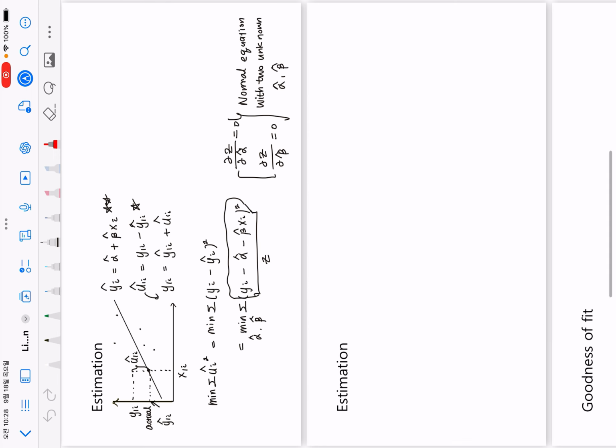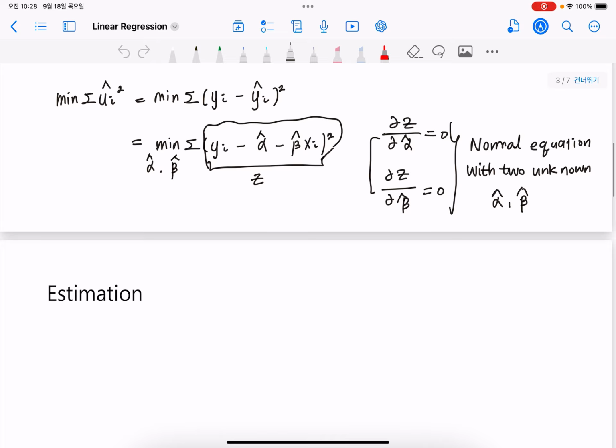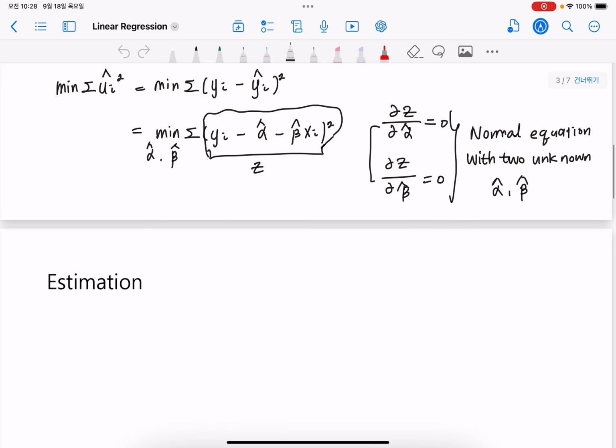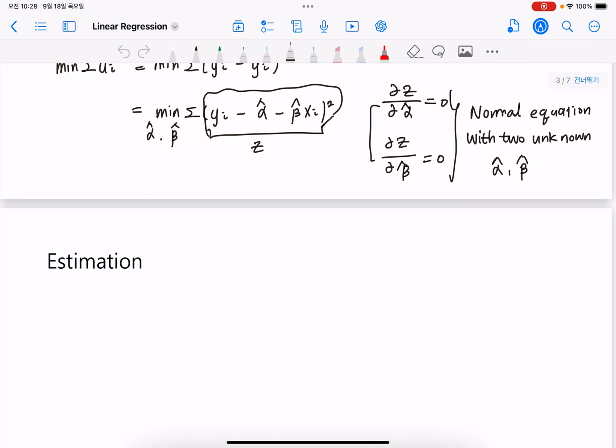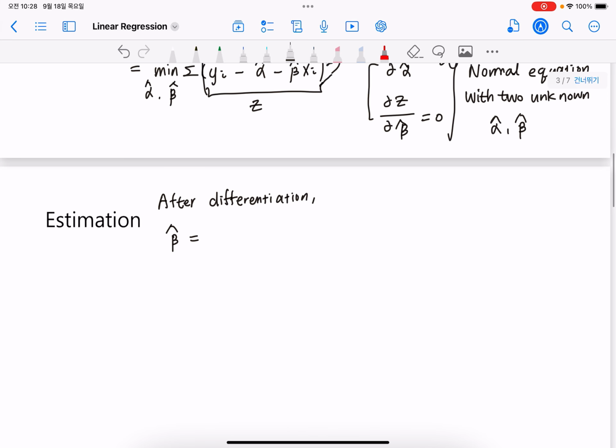So I'm not showing you all the detailed way of differentiating, but let me show you after the differentiation. After differentiation, what we get is beta. Beta is the slope that we are interested in, the relationship. Okay, so this is going to be